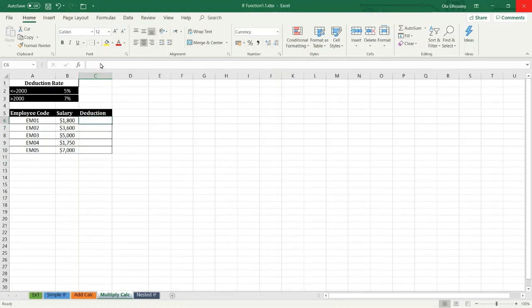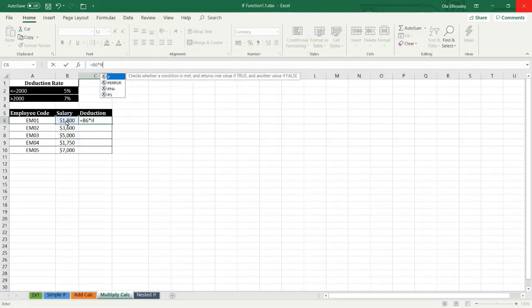In the formula bar, I type equal, then the salary amount times IF, opening the parentheses, and specify my condition.